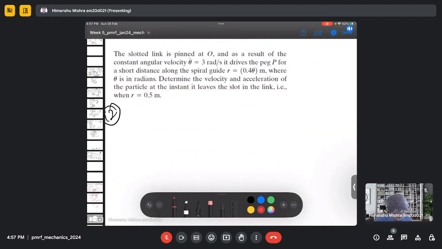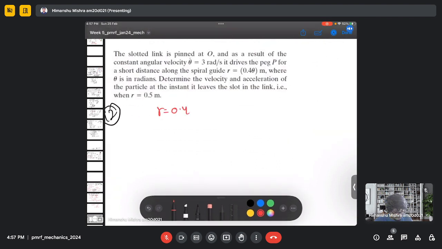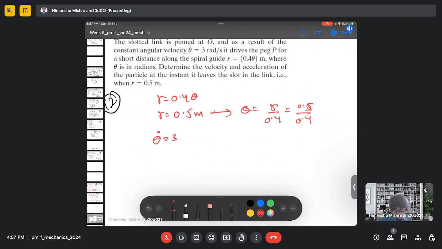So we have given r, which is 0.4 theta. We have to find the acceleration and velocity at r equal to 0.5 meter. So my theta will be 0.5 by 0.4. And also we have given theta dot, which is 3. So to find the velocity component,